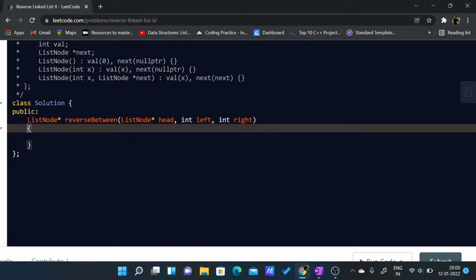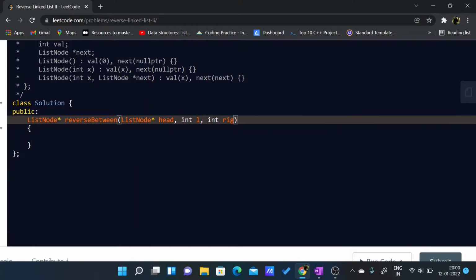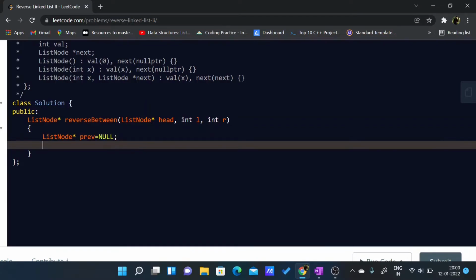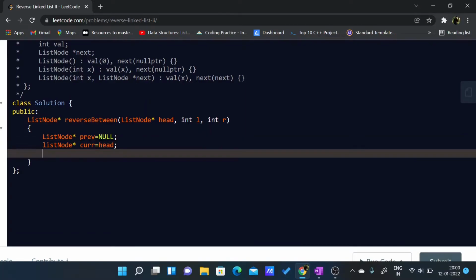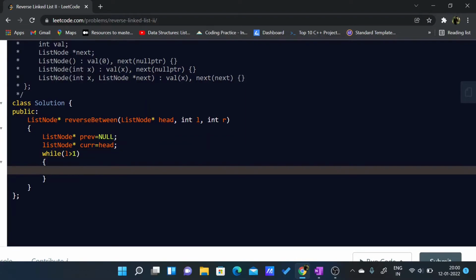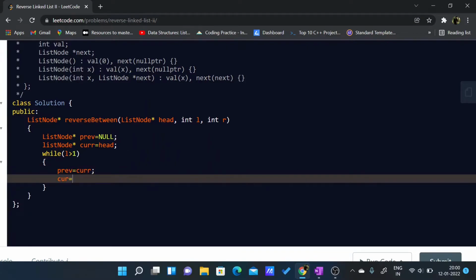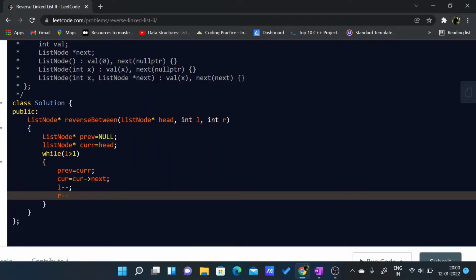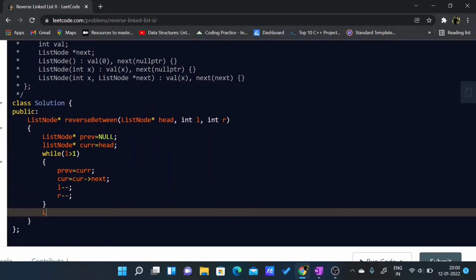So I'll just first of all change these variables to L and R, so I don't have to type much. Now first I'll take a node previous which will point to null, and a list node star current which will be pointing to head. And now while my L is greater than 1, what I will do, my previous will be equal to current, my current goes current next, L minus minus, and R minus minus. After that I will